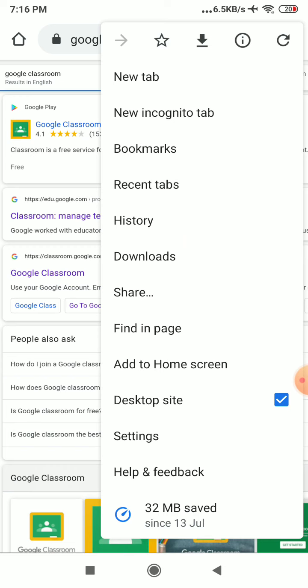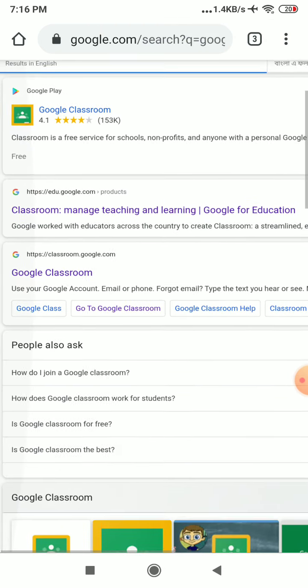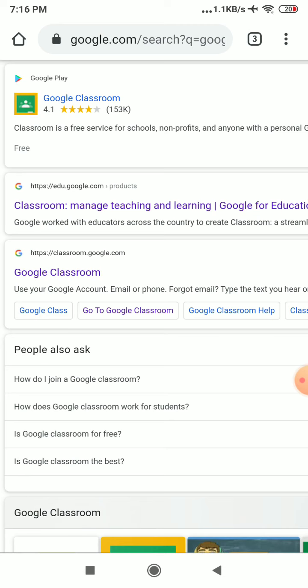Here you see desktop site. I have already selected it, so it is showing in the desktop view. If yours is not selected, then you can select it. Okay, then after desktop view, this is the main important view. This is to be taken care of.